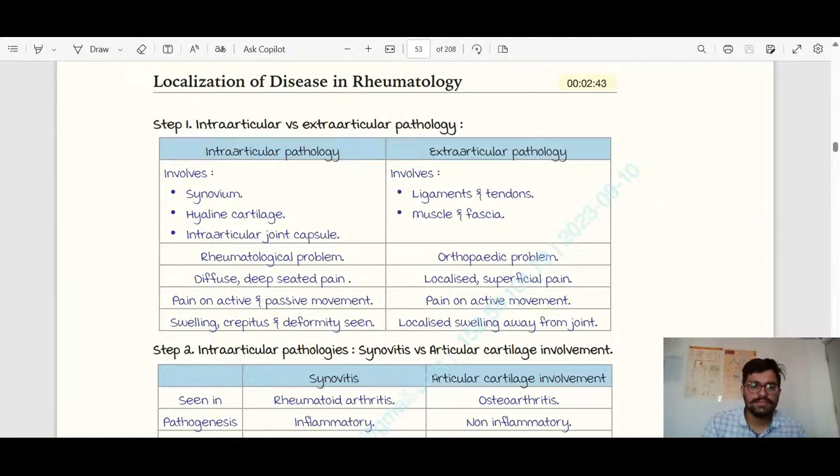These all are features of intra-articular. What about extra-articular? It involves ligaments, tendons, fascia, and muscle. It is an orthopedic problem: localized superficial pain, pain on active movement, and localized swelling away from the joint. These all are part of